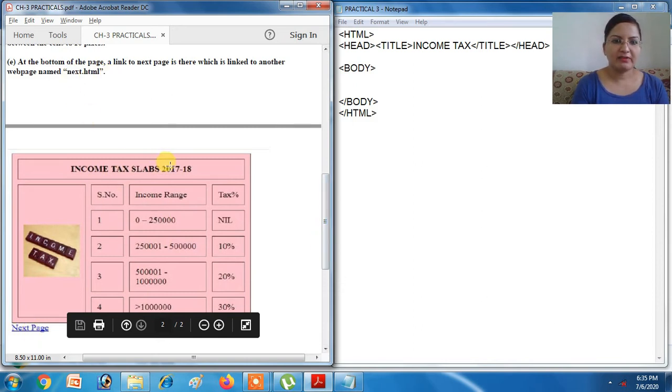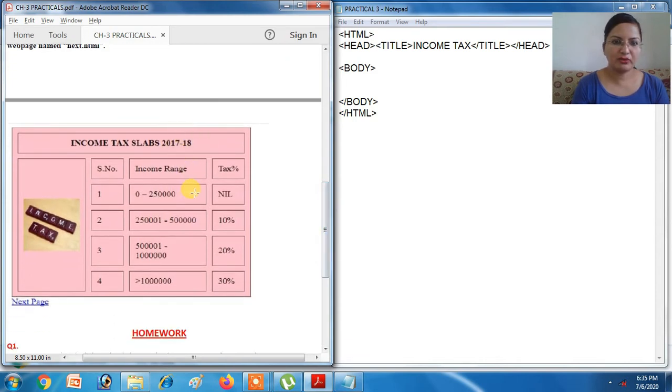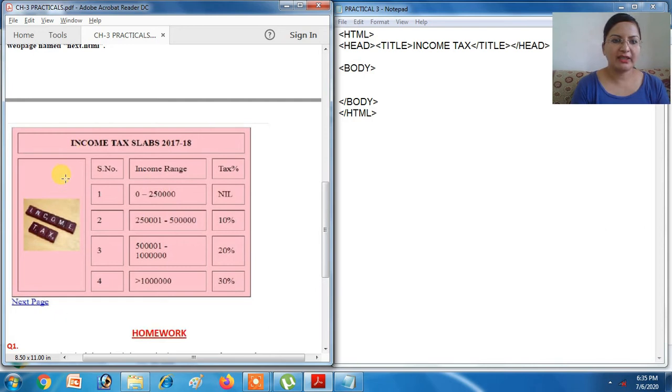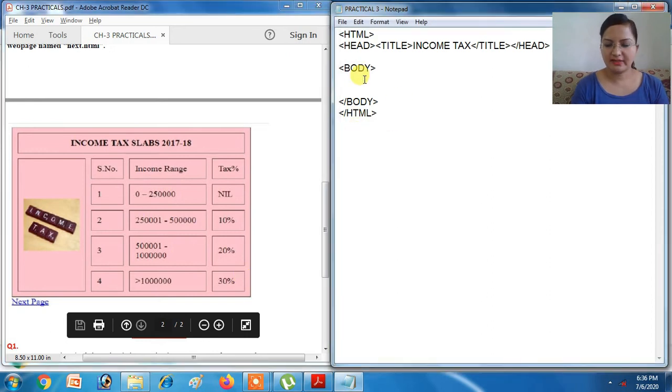Okay, here we will count the number of rows. 1, 2, 3, 4, 5, 6 rows are there. We have to use 6 TRs. Okay, in the first we have to use 1 TH only. In the second one we have to use 1, 2, 3, 4 TD, and then after that it will span 5 rows, we will use rowspan 5 here, and then in every row there will be only 3 TDs each. Got it? So let's start the code.